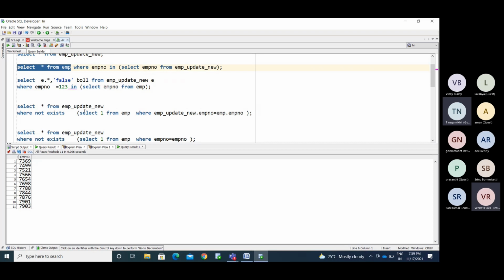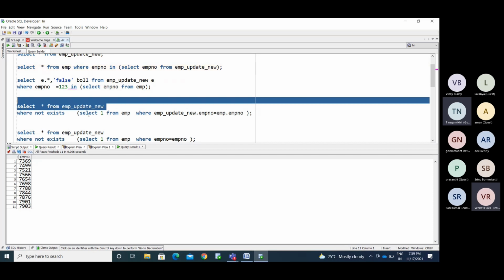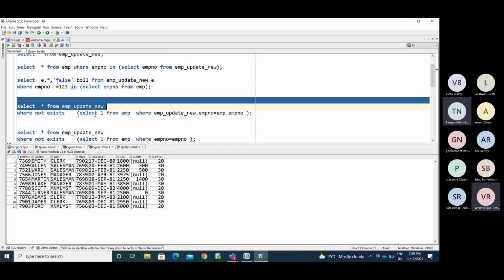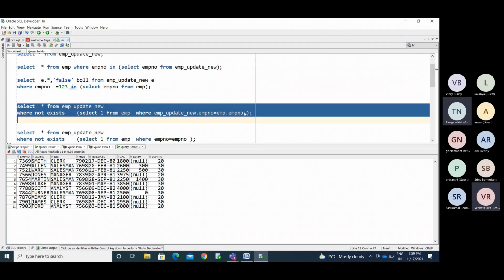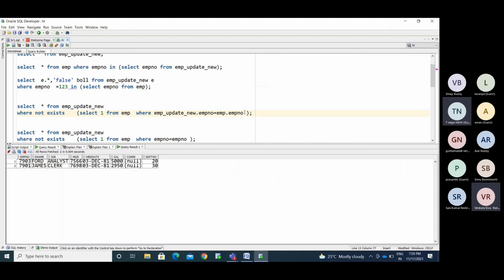Okay, so in this case, this is a correlated subquery. First the outer query will execute here, then the inner query will execute to check for each and every record. If the table has like 11 records here, that inner query will execute 11 times. This query will execute 11 times. So for that reason, it is called a correlation. If the inner query and outer query have any relation between these two queries, we can call it a correlated subquery. We will cover some topics in a later class. You need not worry. So this is about the exist operator.